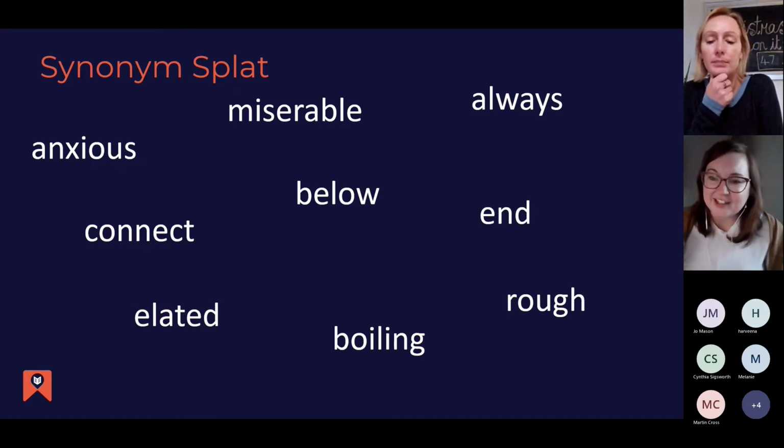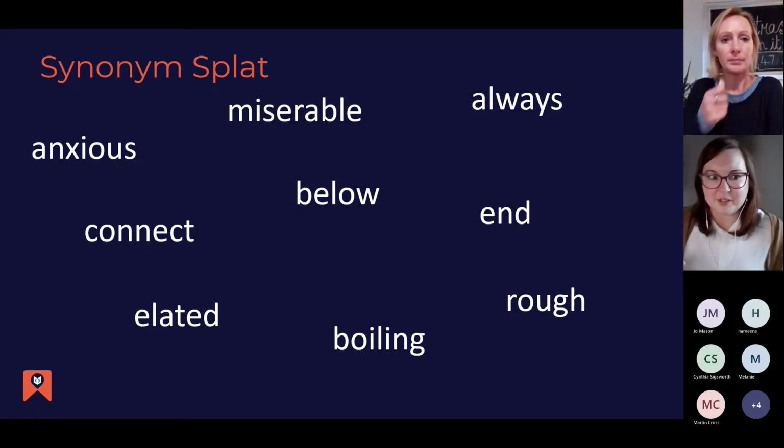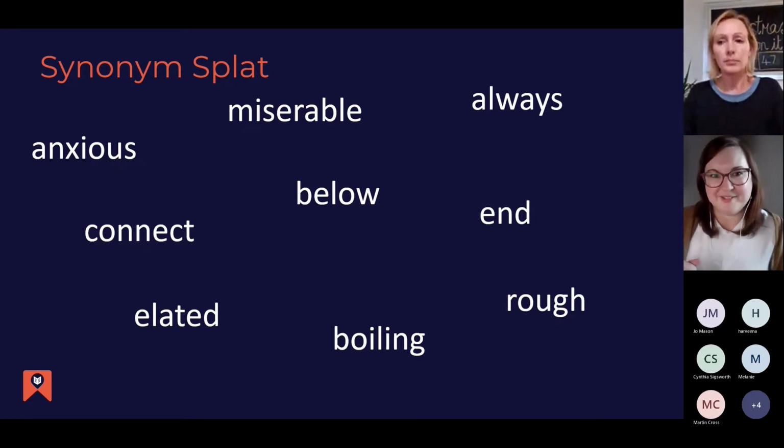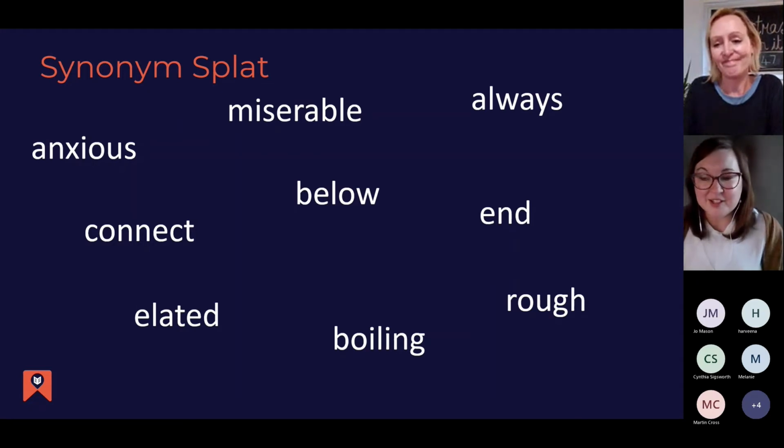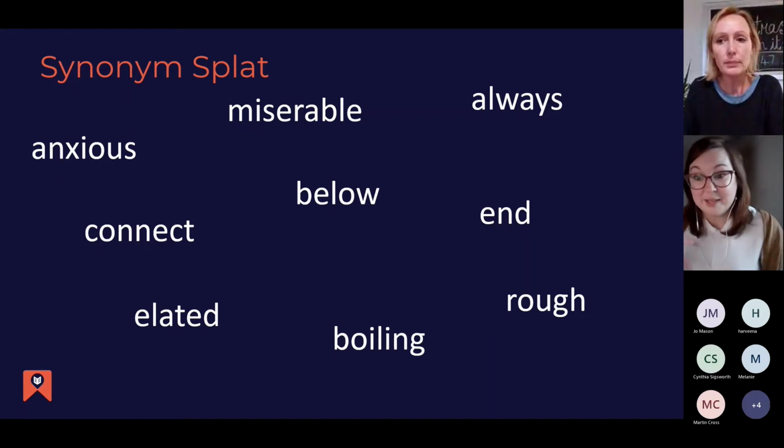And again, it's just that idea of exploring. I think synonyms and antonyms are a really great way to explore vocabulary, because you start to really build on the children's vocabulary. Well done, Philippa. Excellent. Rough was on there for the antonym of smooth as well. So it's just a fantastic way to build on their vocabulary and then start getting it into their writing and start picking it out of their reading as well.